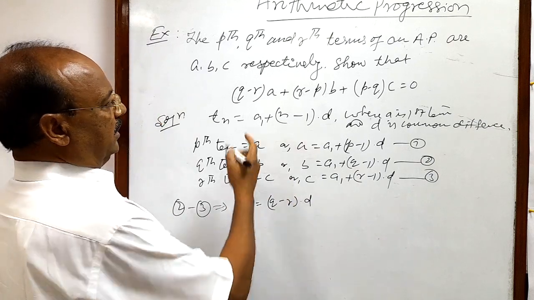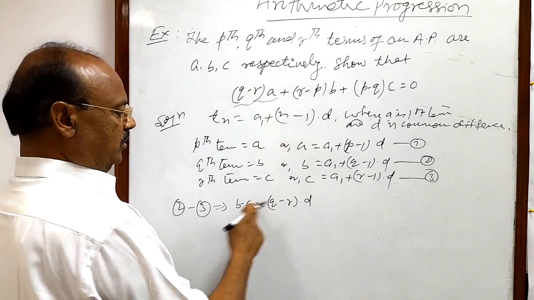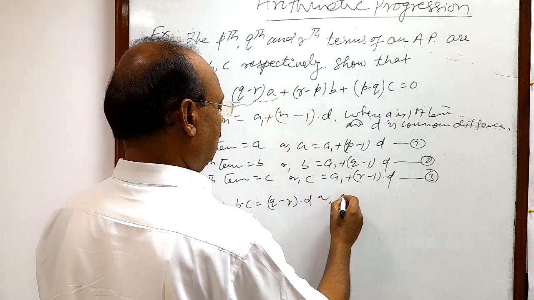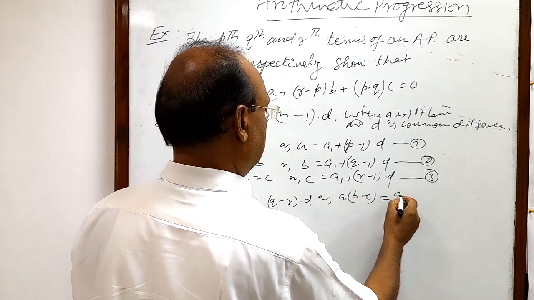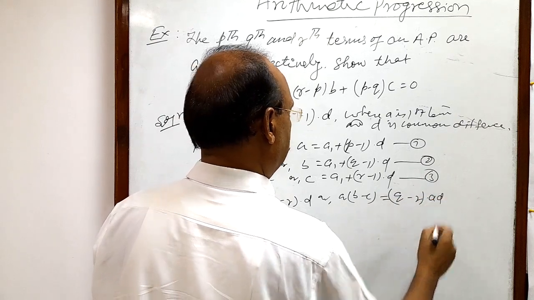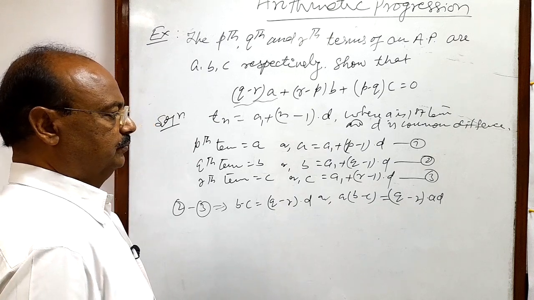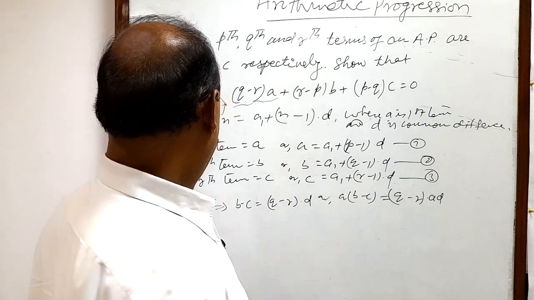Here you see we are having the term q minus r into a. So let us multiply both sides by a. Or we can write a into b minus c is equal to q minus r into a d. Very clear? Okay. Similarly,